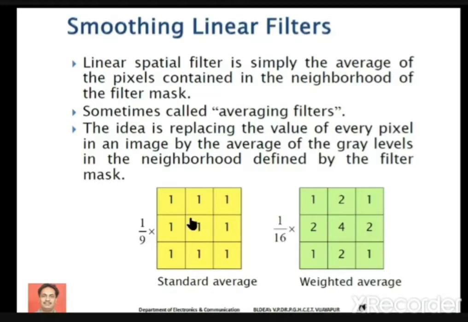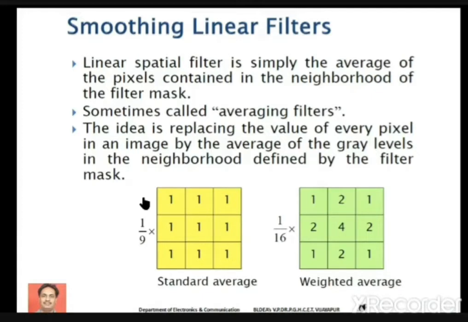The idea is very simple. We replace each pixel by the average of its neighborhood pixels. Neighborhood means we consider either a 3 by 3 set of pixels or a 5 by 5 set of pixels in the image. Just consider that you have the first 3 by 3 pixels in the input image. We take the average of those 3 by 3 pixels, and whatever average value we get is assigned at the first location.